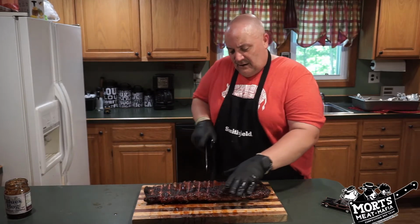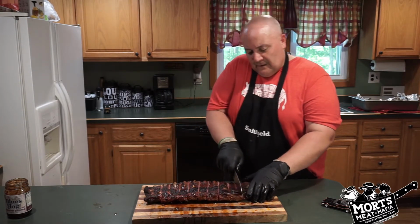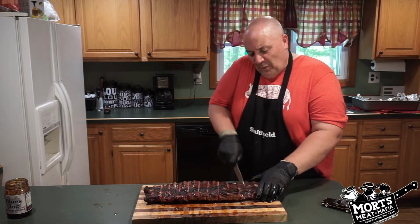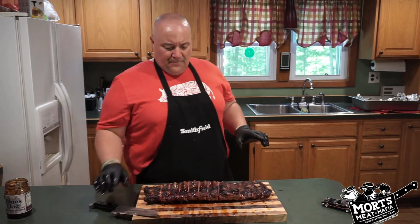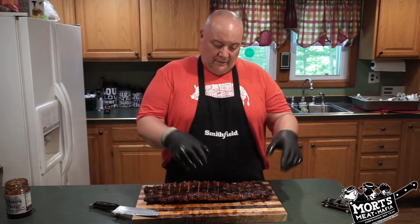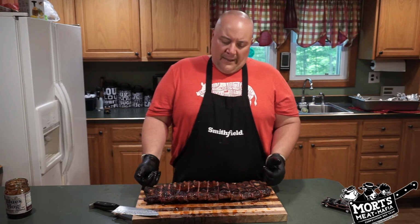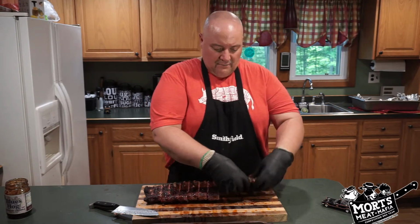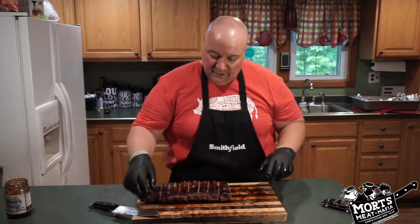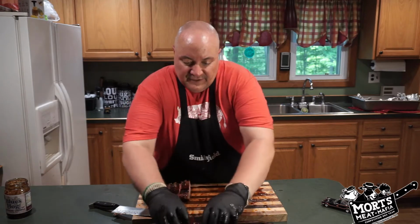Now these here for competition, I'm hoping they're going to be close. They feel just a little tight yet. But for our eating pleasure, it doesn't matter too much. I'll eat an overcooked rack like most people like, but I'd rather prefer them with a little bit of bite to them. So I'm going to go ahead and flip these around,